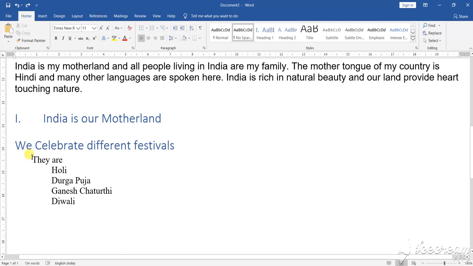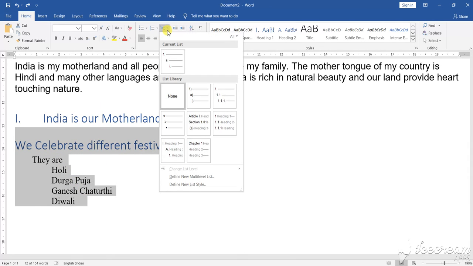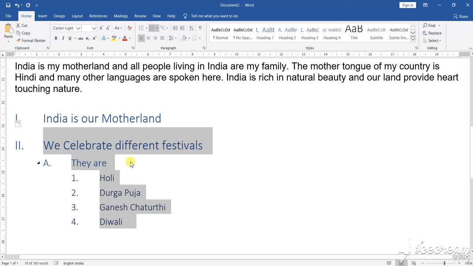First of all, if you want to give the headings and subheadings, you select the total area. After selecting the total area, you select this particular portion, the third one where my cursor is moving, the area where you have the headings and subheadings. Now select it. As soon as you select it, it will take the headings and subheadings. So I have shown you how you can implement the different patterns of headings and subheadings in your document. If you select one by one, it will select one by one only.